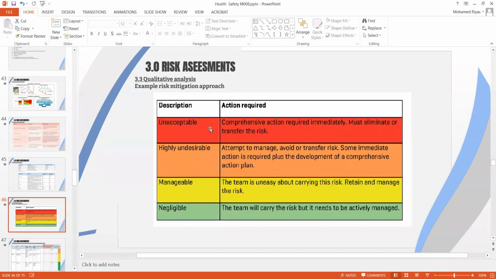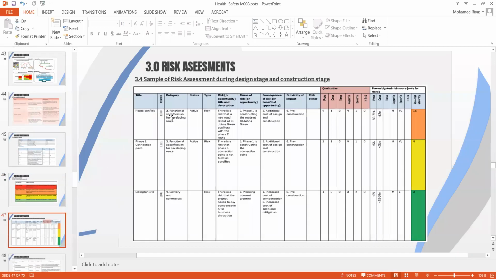You can set the colors as you like. Once you set down the categories, you can highlight them with colors, so it's easy to pick out when you look at the risk register. This is one sample of a risk assessment done for a given project. Now you will have a title. The first one is route conflict. And if you want to be more specific, you can give an ID, so it's easy to deal with the risk ID. So you can simply communicate like